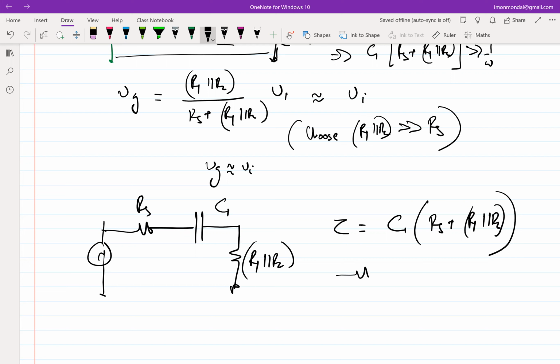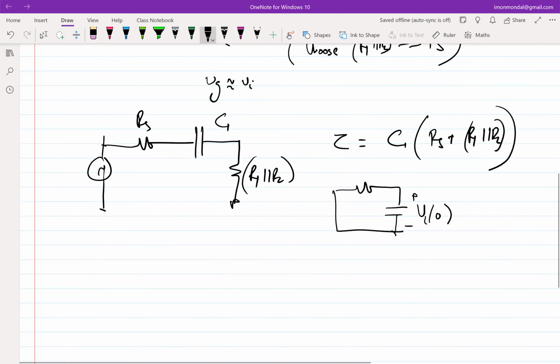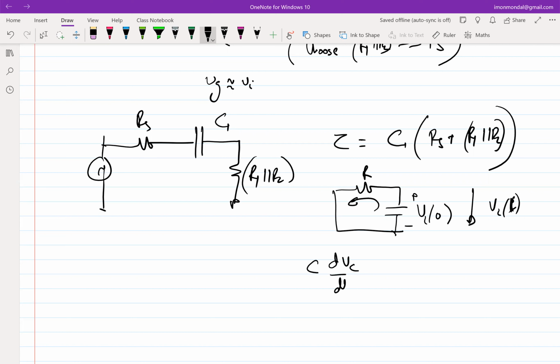If you simply have an RC and you charge it with some voltage VC naught, and you write out the current equations, so let's assume this is VC. So C dVC dt will be the current, right? Which will be equal to